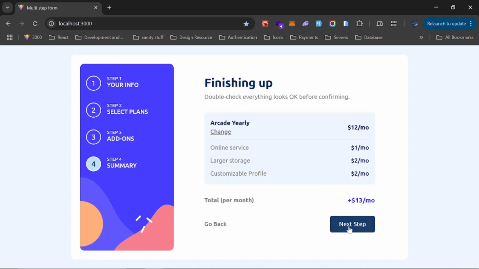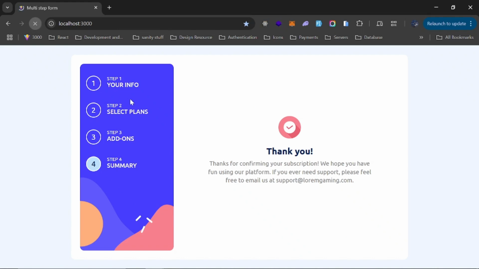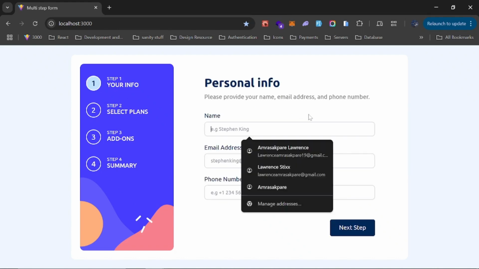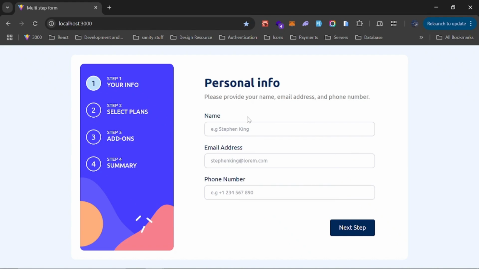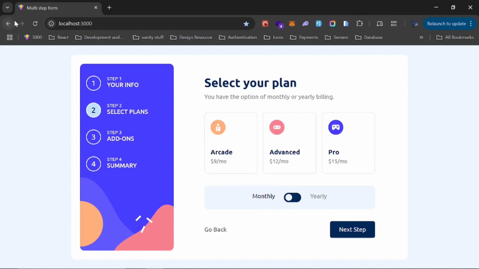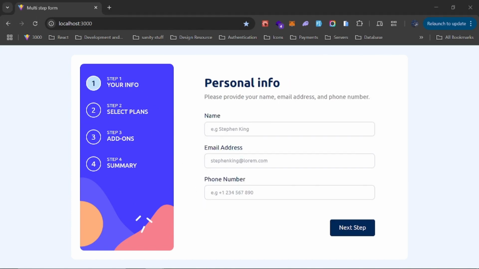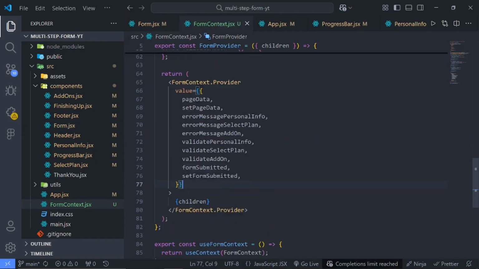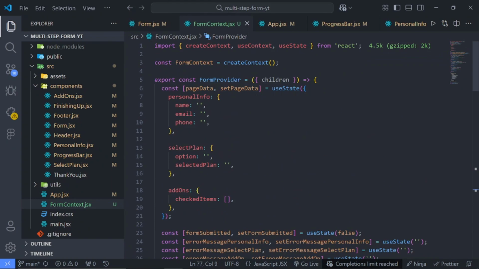So let's just try this out. Okay, cool. All right, so that's working. But if we refresh now, you can see all the data gets removed. So we just need to store them in local storage so that we don't lose track of what we have. So if we try it again and see a fake filler, go to the next step and maybe we refresh and we're not done with the form, it's bringing us back. So to do that, we'll go to our form context,